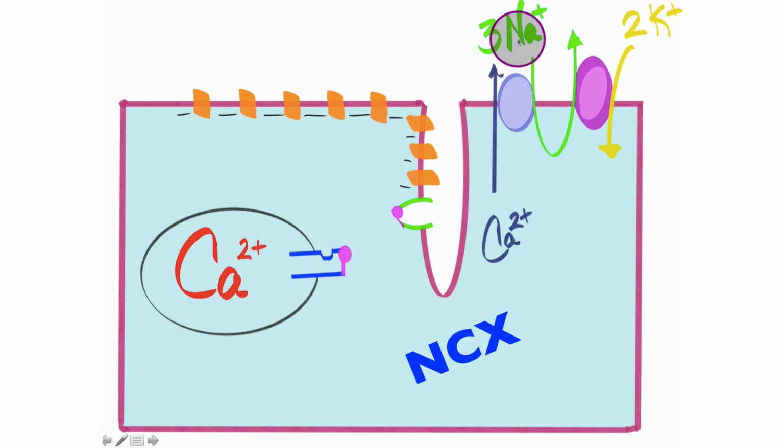Now, the 3 sodium coming in is significant because those 3 sodium that come in, if nothing was done with those 3 sodium, that would depolarize the cell at a moment in time where we do not want the cell to depolarize. Keep in mind, this is in the state of relaxation of this MCC, but fortunately, these 3 sodium